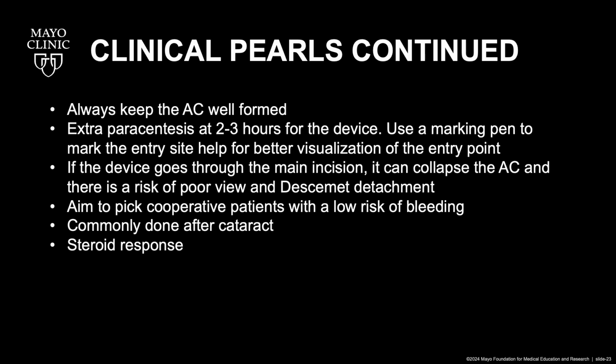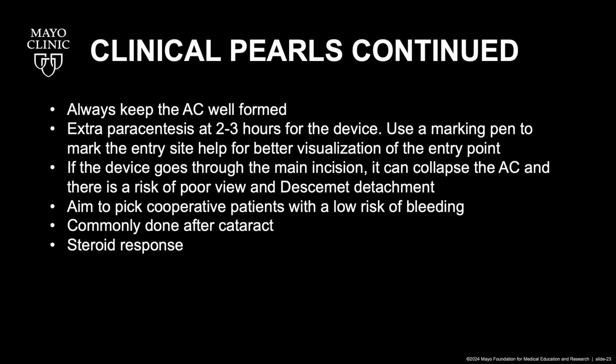So on the same note, we have some additional points that the surgeon should be aware of during the MIGS surgery. It's essential to keep the anterior chamber well inflated. An extra paracentesis should be made about 2 to 3 clock hours away from the main incision. A marking pen can be used to mark the incision for the device to be inserted. The reason for this is that if the device goes through the main incision, it can collapse the anterior chamber